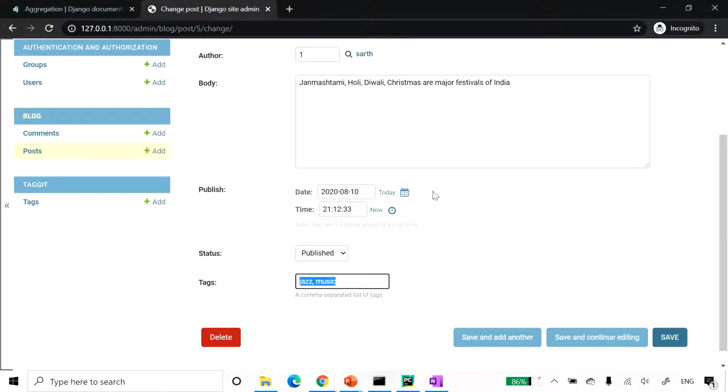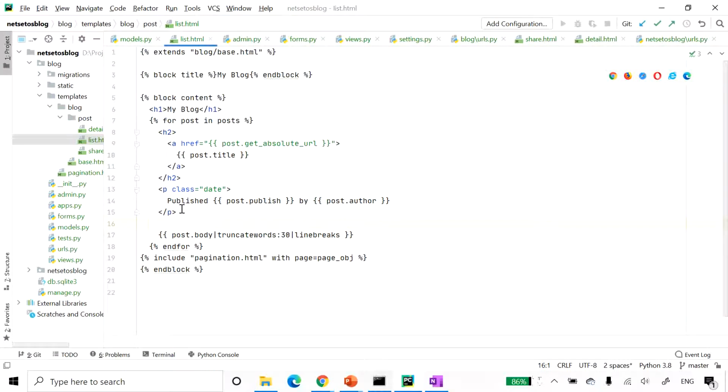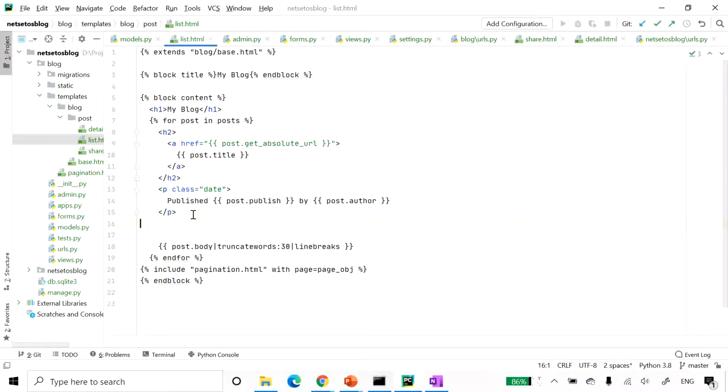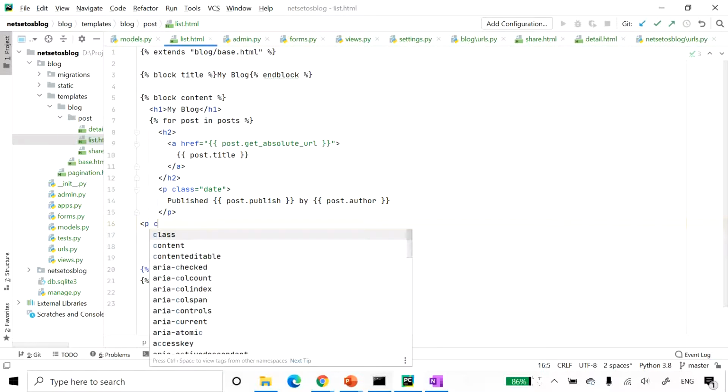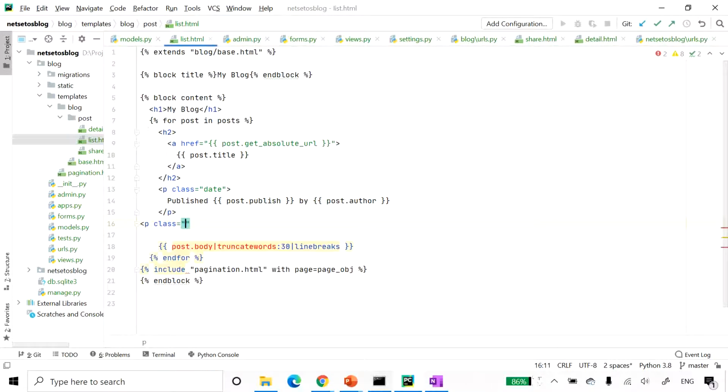So for that I will go to list.html, and here down below the p class for date I will add a p class for tags, which will have Tags with capital T, and we will put a colon over here with a space. And thereafter we will get all the tags which we have added over there.